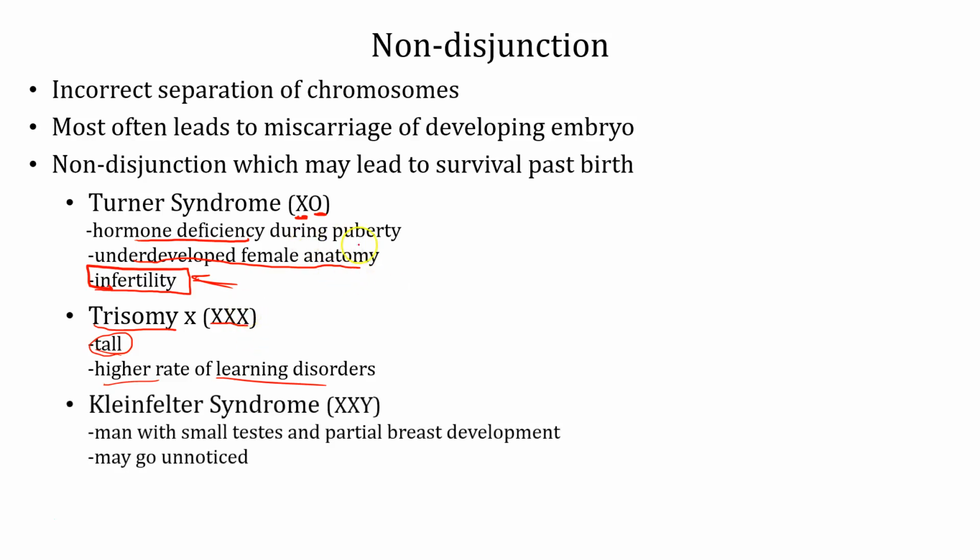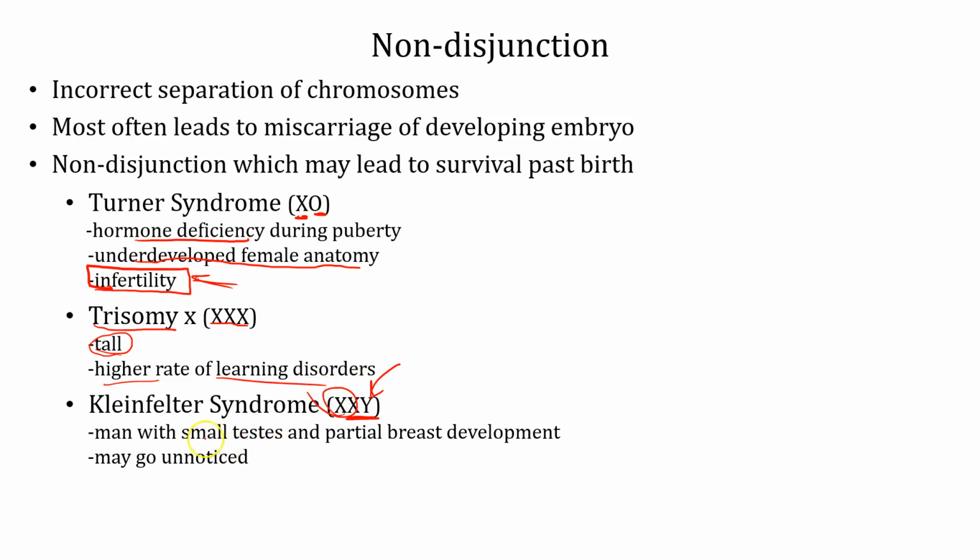Another one that could happen is one extra X, but when it's the male anatomy that's developing. So there is a Y here, X and Y, so this would differentiate into male anatomy, but then there's one additional X also here. So that's going to be leading to a little additional female sex hormone being produced, and it